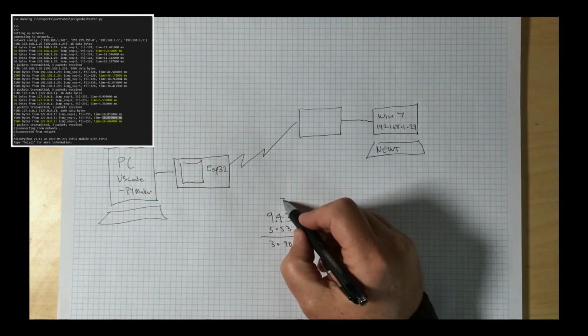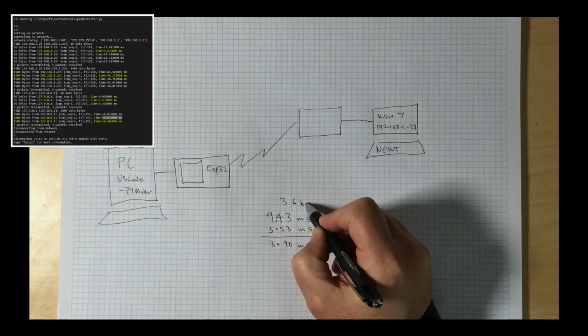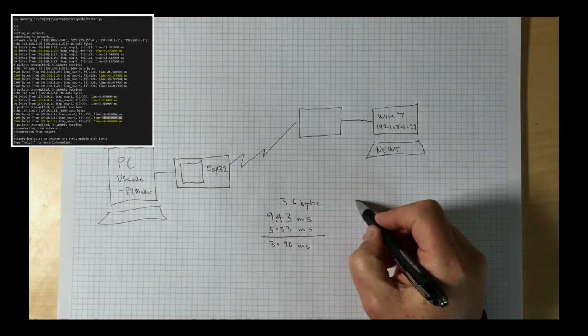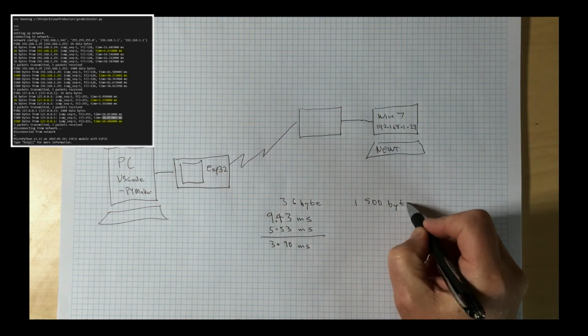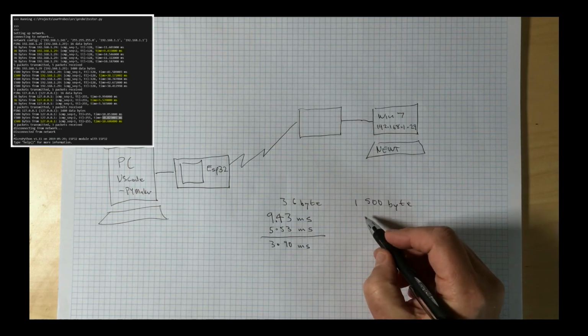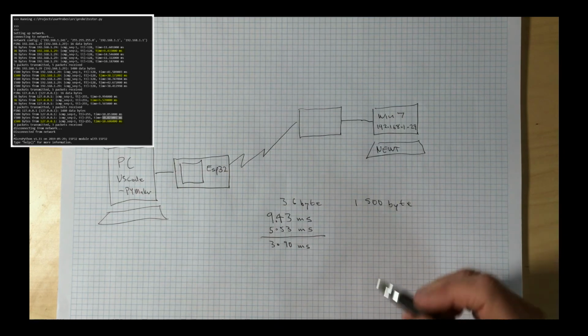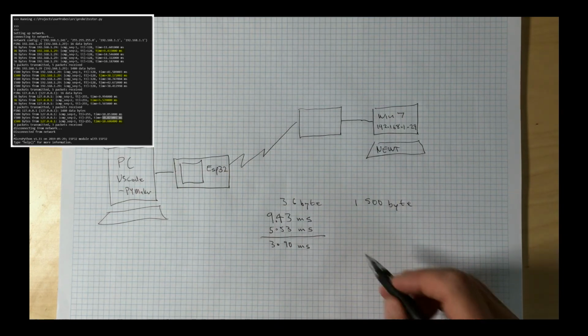So there's a size of 36 bytes, and then for the larger one of 1500 bytes I do the same thing. I get the lowest time going across the network, which was 38